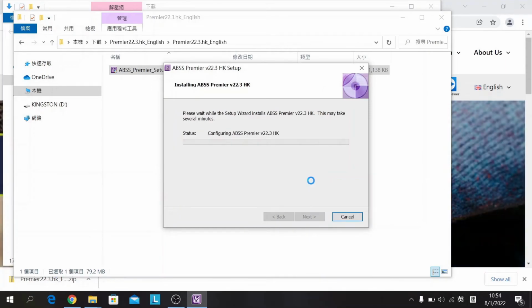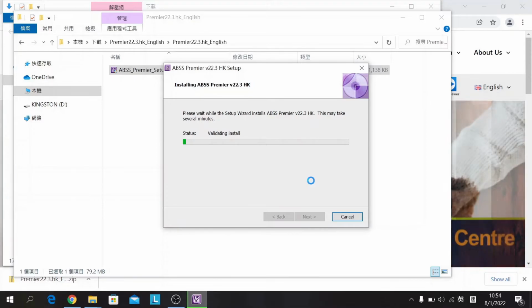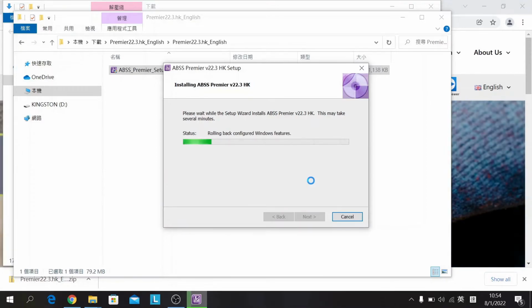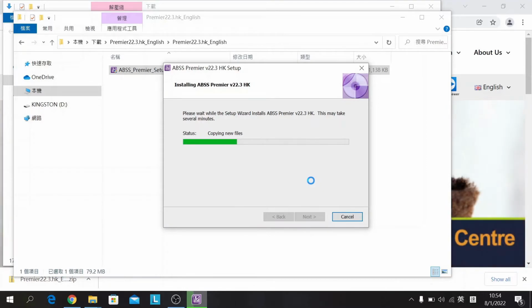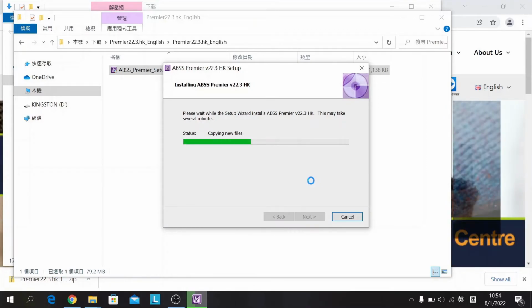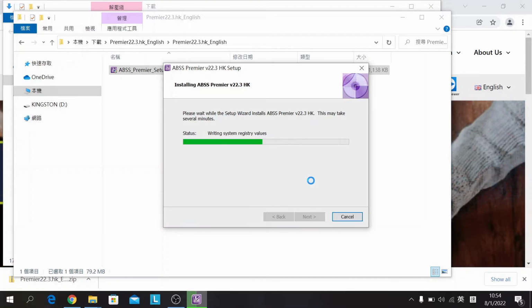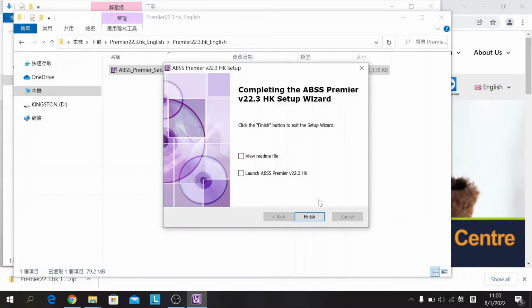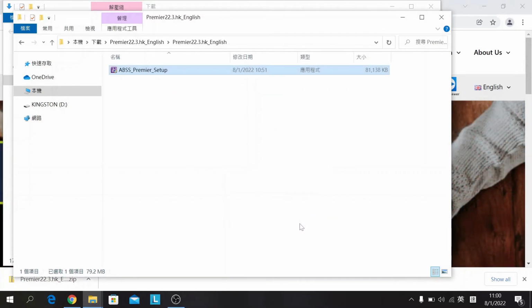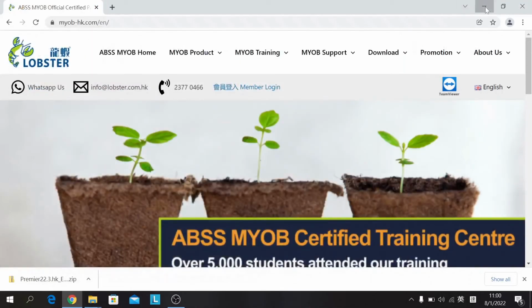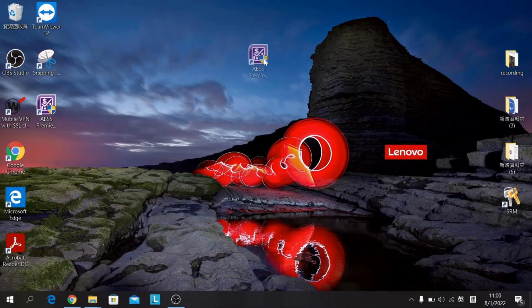The installation now begins. It takes a few minutes to finish. Click Finish. If the installation is successful, you can see the ABSS MYOB icon, purple in color, on